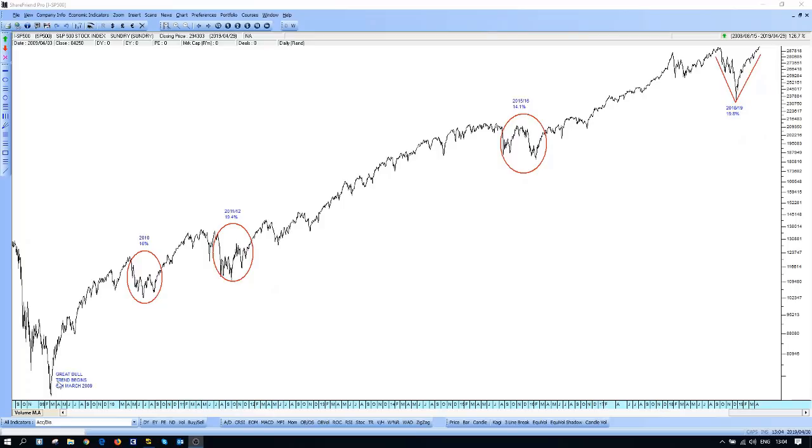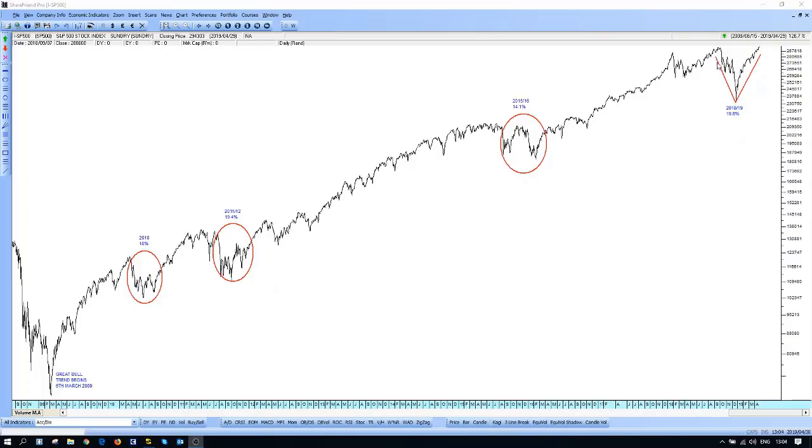And then, of course, it's gone up, and there have been various corrections, and I've identified these corrections for you. This is the 2010 correction, which you may recall was all to do with the Greek crisis in Europe, and it took the market down 16% over a period of months. Then we had a 19.4% correction in 2011, December 2011, and then there was a long upward trend, followed by a correction here in 2015-16, and then